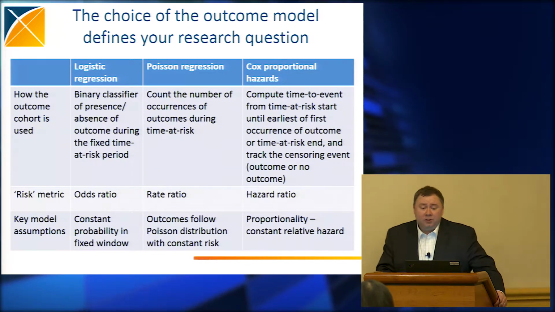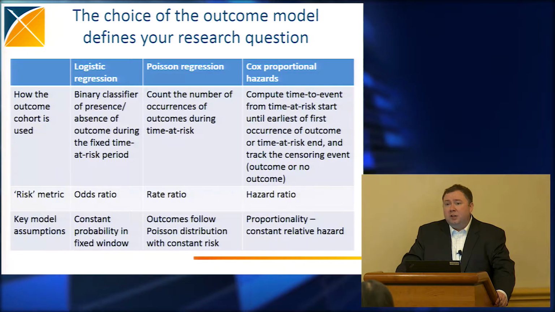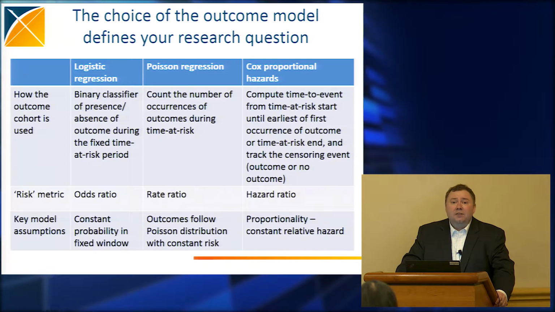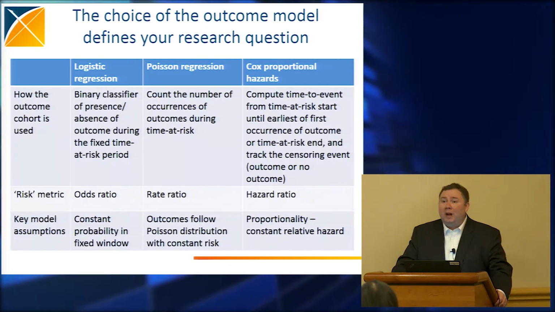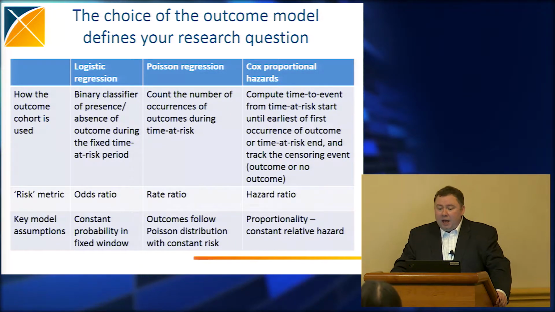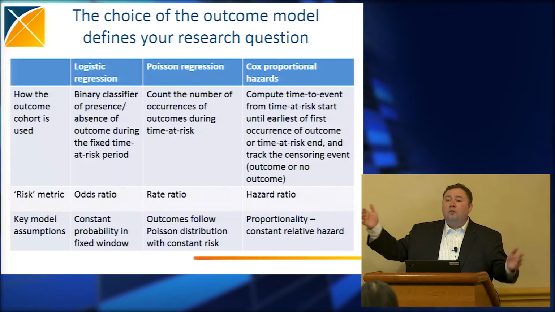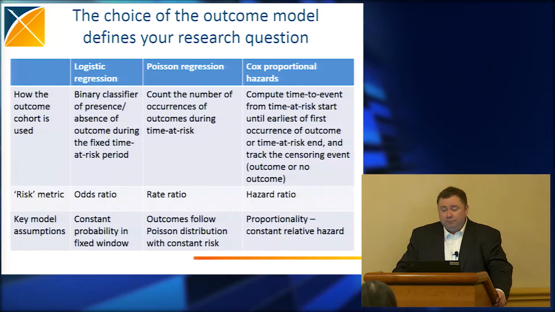Another option that we can use is a Poisson regression. And here, instead of it being about the absence or presence of an event, you can actually count the number of occurrences of an event. And here, instead of thinking about an odds ratio, you'd actually be getting a rate ratio because you're looking at the differences in rates between how many outcomes occurred. This makes an assumption that outcomes are following a Poisson distribution and that you have constant risk over your time period. And that assumption